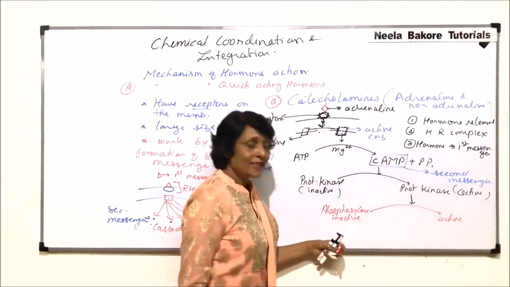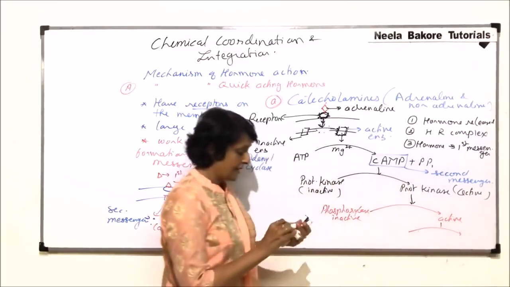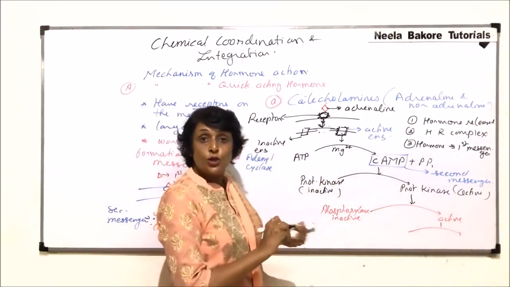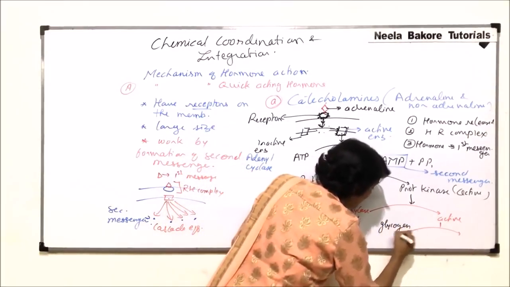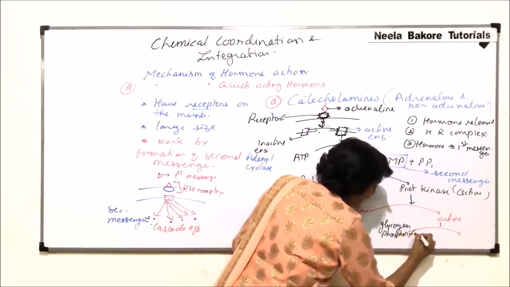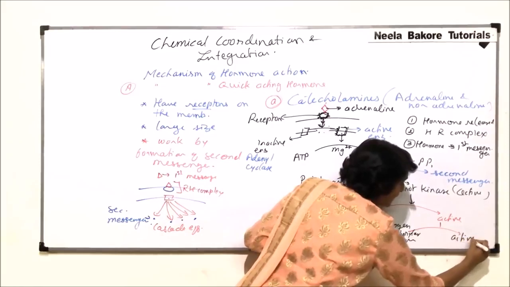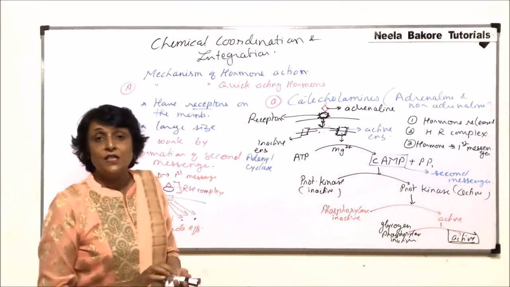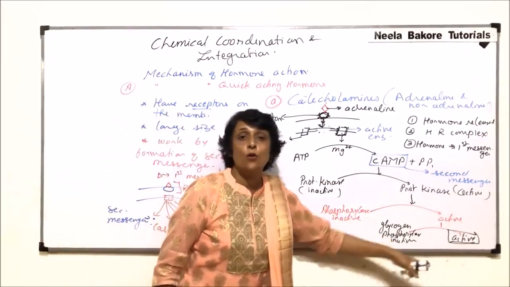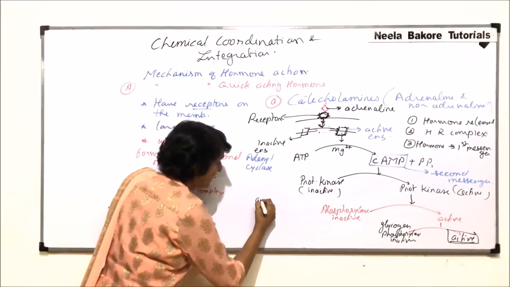And now this active enzyme will help in the conversion of glycogen phosphorylase from inactive into active. So now this enzyme is active. Which enzyme is active here? Glycogen phosphorylase, and I'm going to write it here. Active